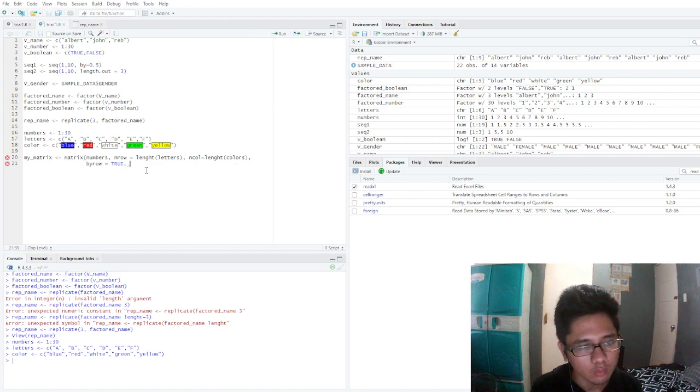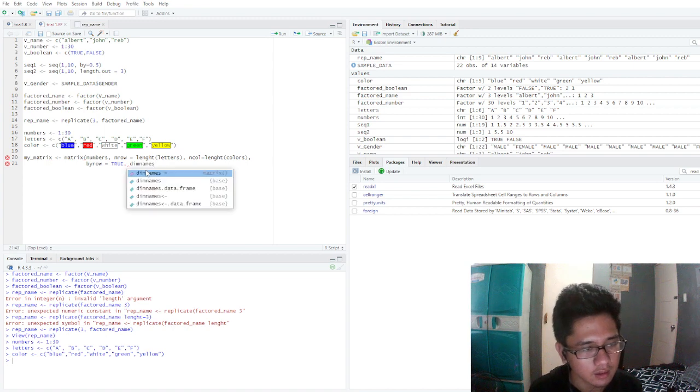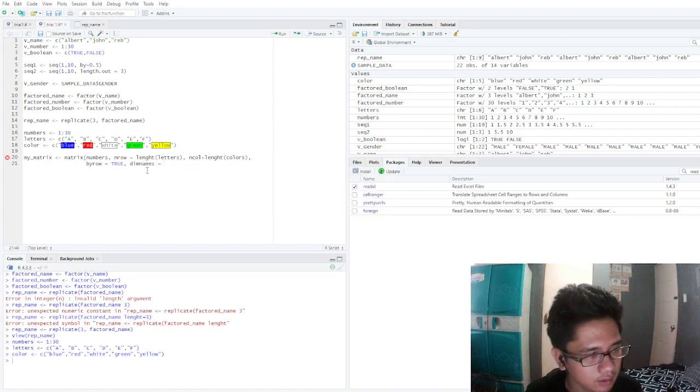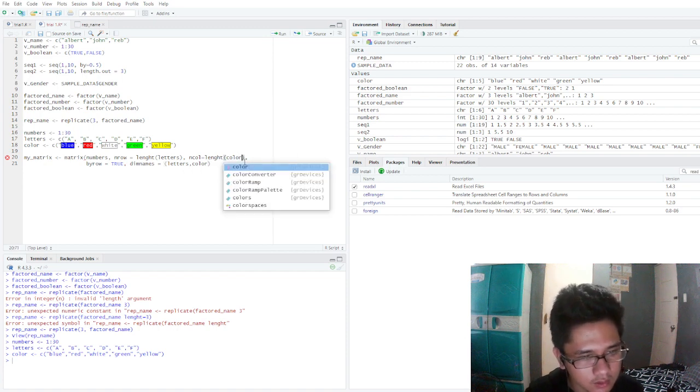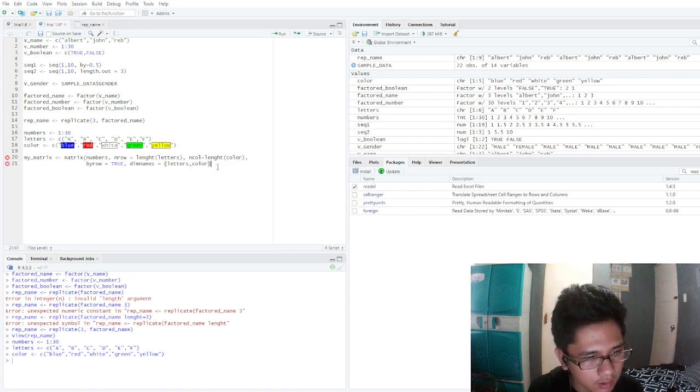Then we have to do names if I'm sure. Letters and color. Oh, here we have the typo. It's on the color. Then we get a closing tab. I think it's the spelling.